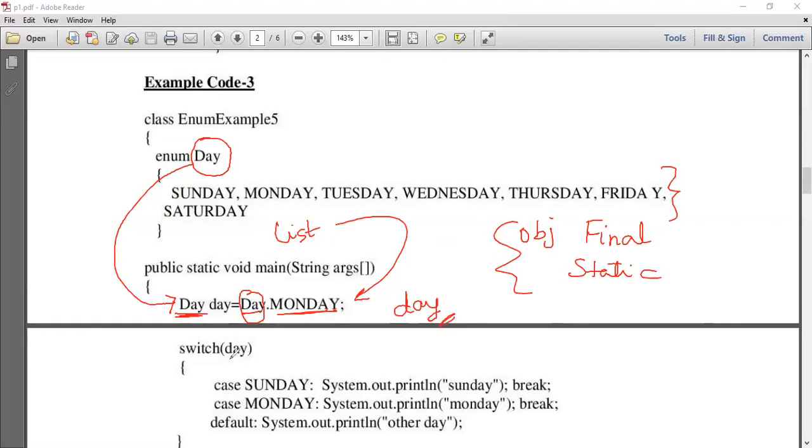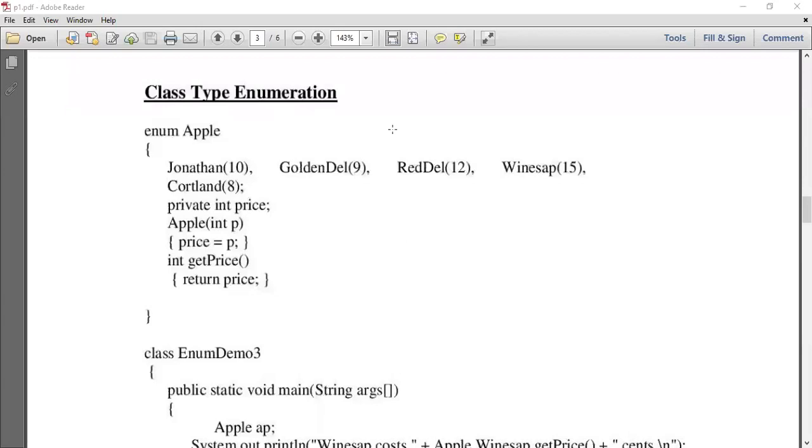And the same can be used in a switch operator. So the same variable can control... So enumerations can also take values. One such example is over here, where we want to assign the values. So here is one of the examples.